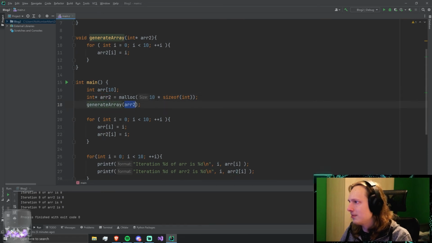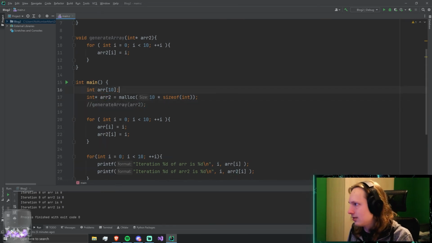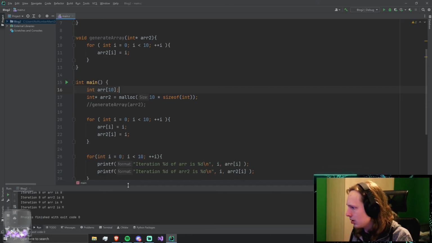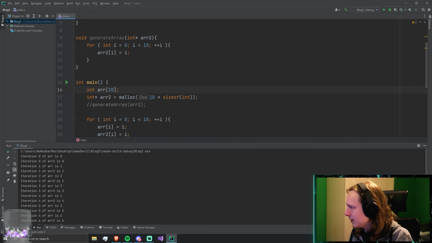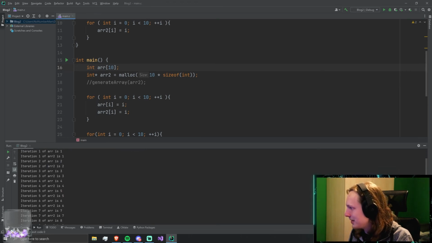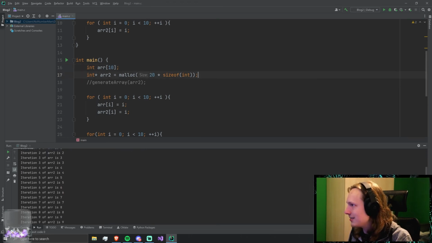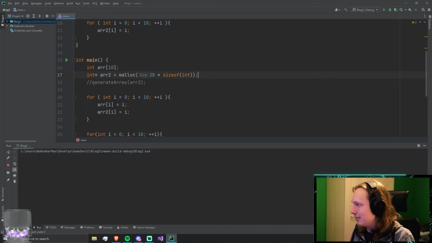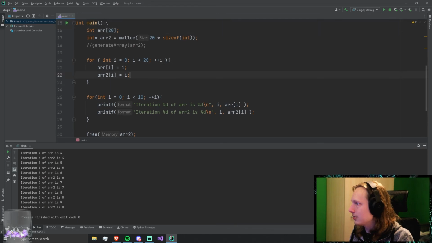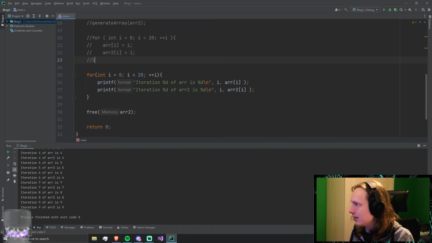We can then print this and see what this looks like. Here we go. It's actually giving us the same bit of memory that we had before, I'm sure. Oh, that is funny. Okay, let's generate a bit of a bigger array. No, of course not, because I'm not going through 20 values. There we go. Oh, and I'm overriding everything here, right? Get rid of that, okay.